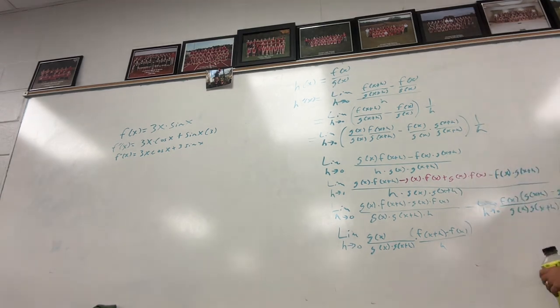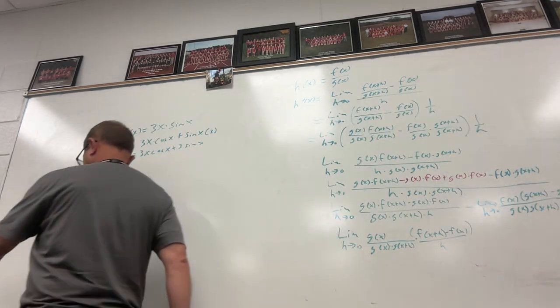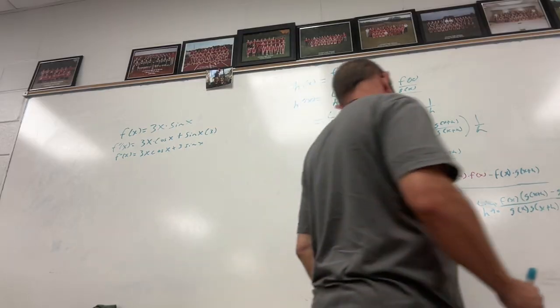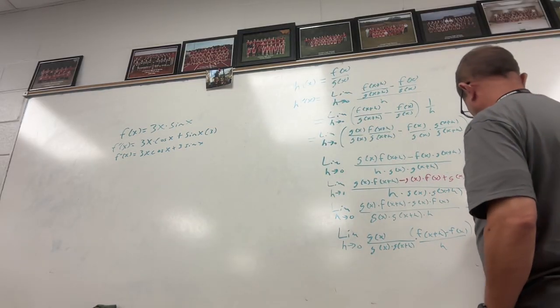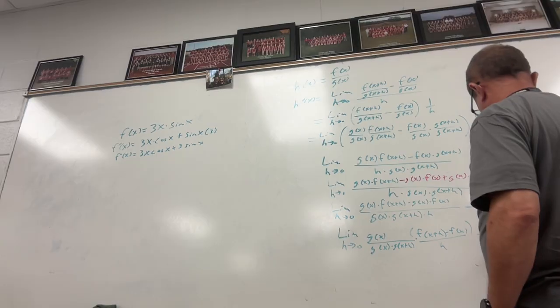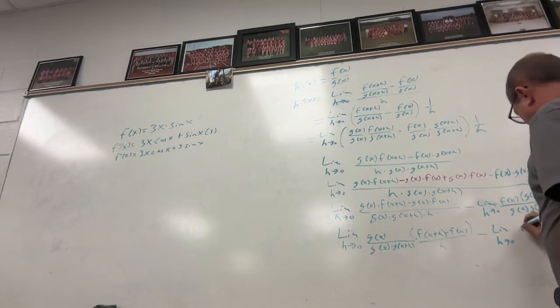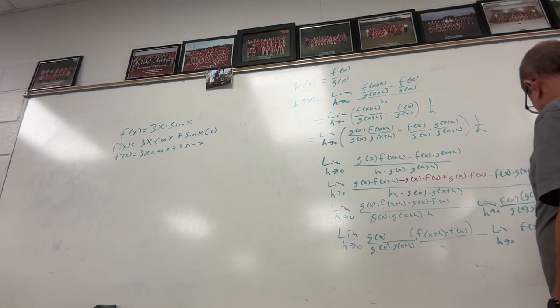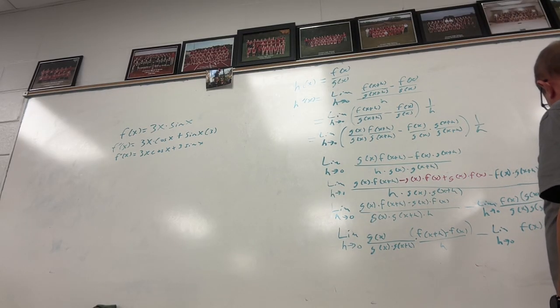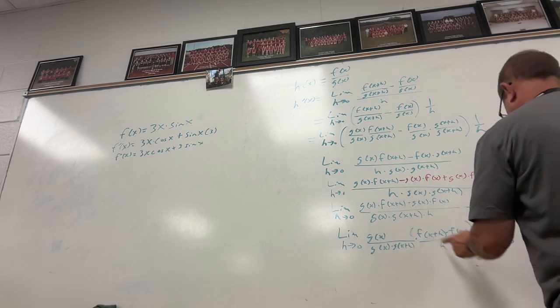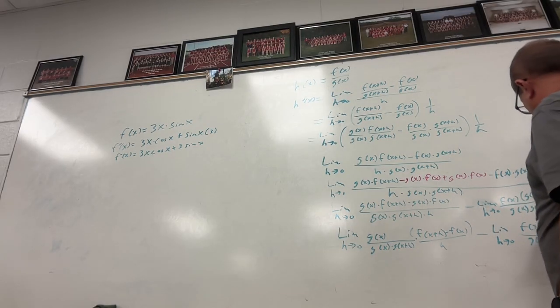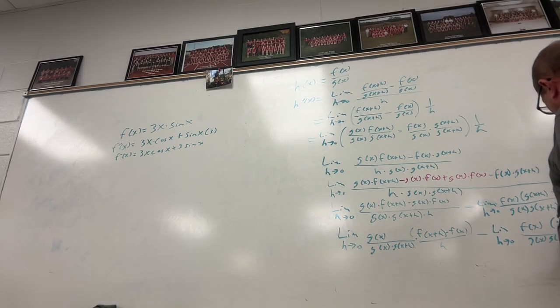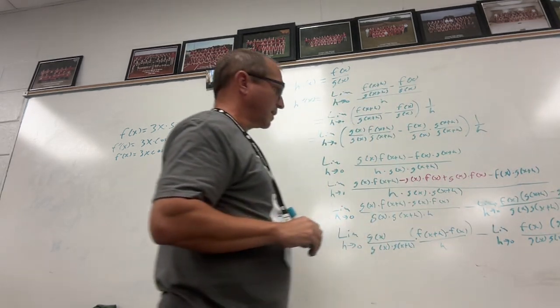And then over here, likewise, I'm going to have the limit as h approaches 0 of f of x times g of x plus h minus g of x over, and I don't know why I wrote that as two separate fractions right there, g of x times g of x plus h times h. Actually, I do know why I did, but